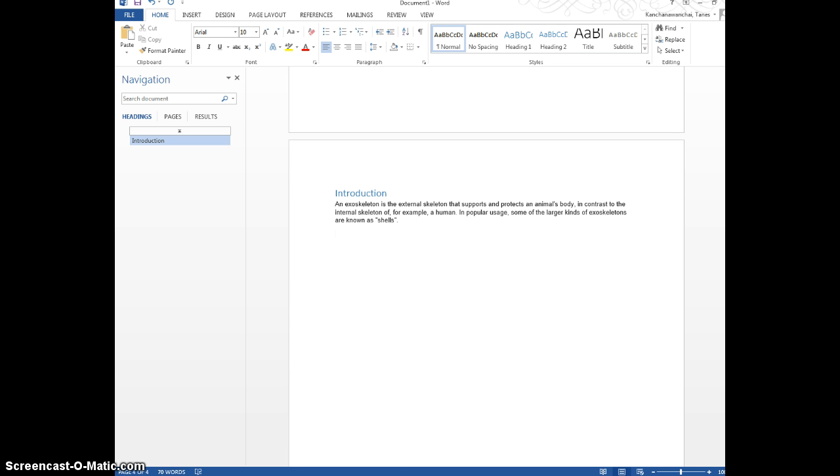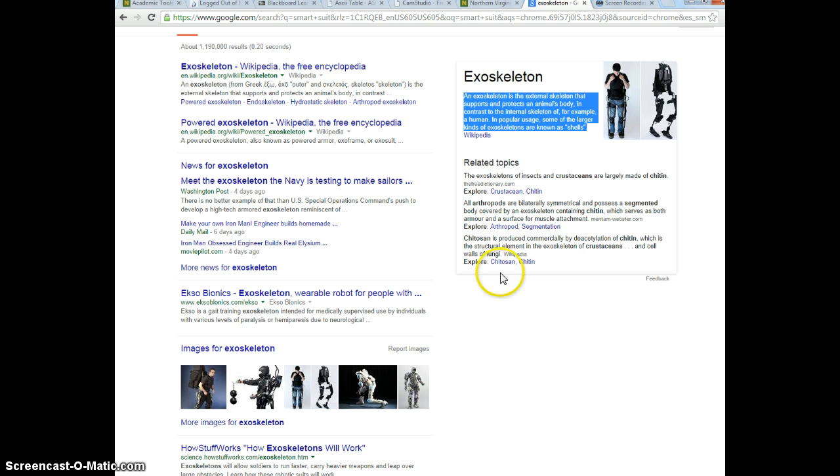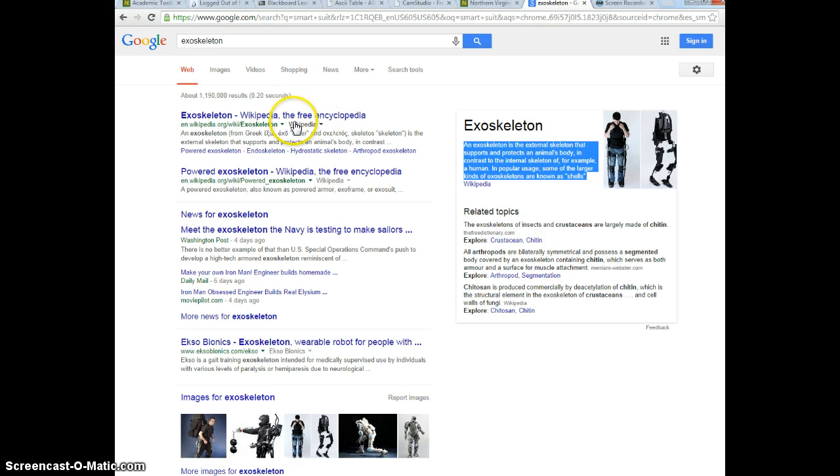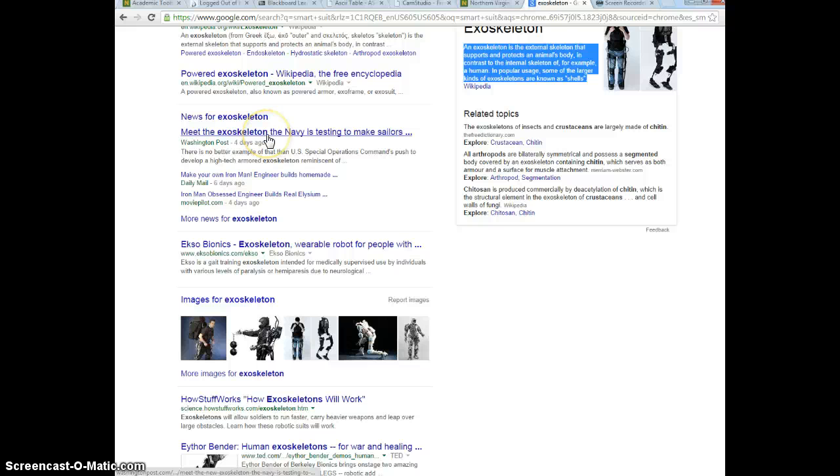Now I want to show you something about when you do a research paper. First thing, we don't use Wikipedia, okay? Because like any sources online here, some of them are good, some of them are not. Like we're looking at something like publications from magazines, journals, newspapers, something that